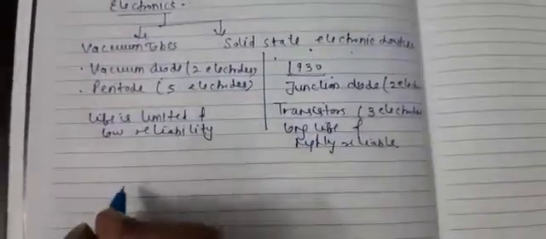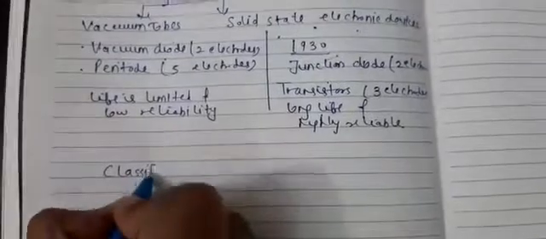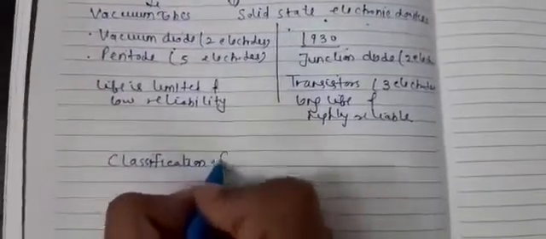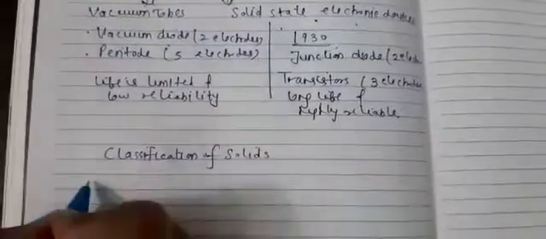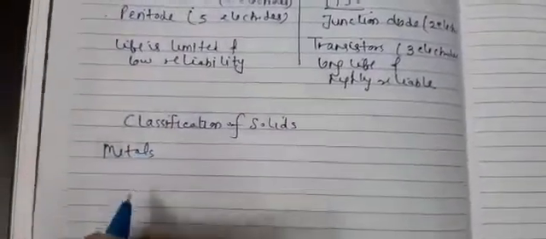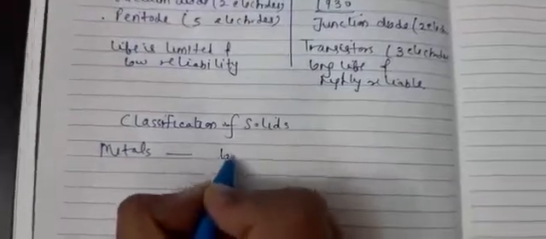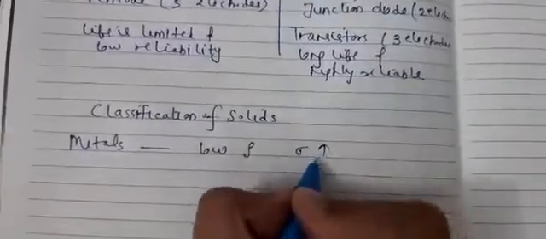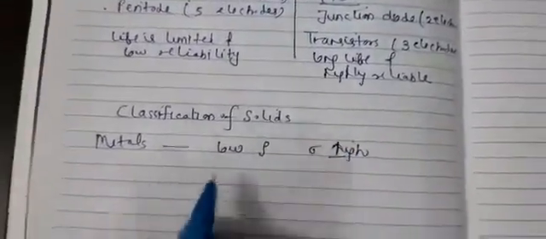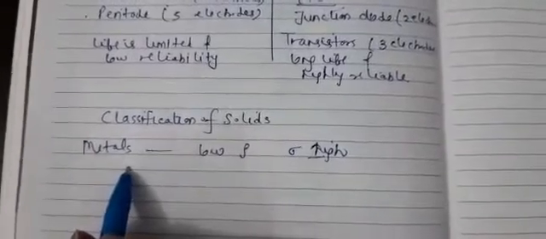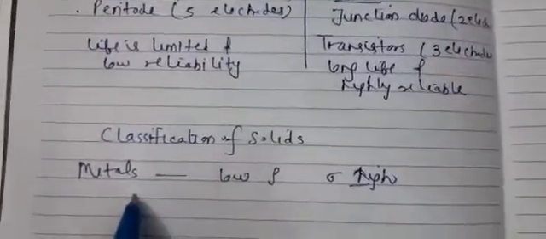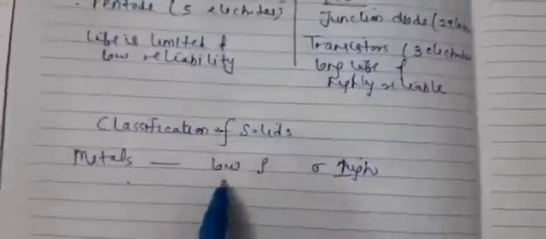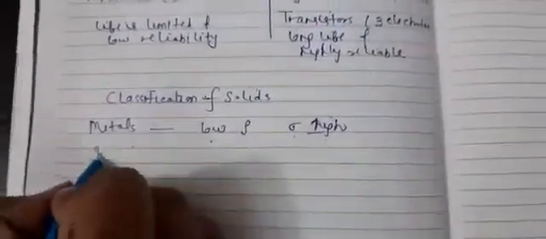Now, if we study solids, the classification of solids, there are basically 3 categories. Metals have low resistivity, but conductivity is high. You can see why it has more conductivity: because valence electrons are available. With a small amount of energy given to it, it can conduct. Electrons can easily be made available by giving small energy, so its conductivity is high. Insulators,